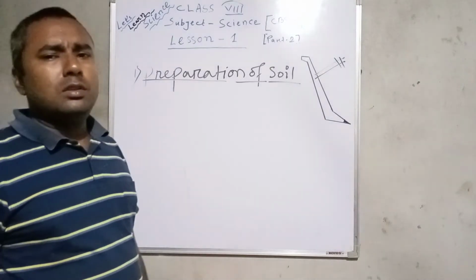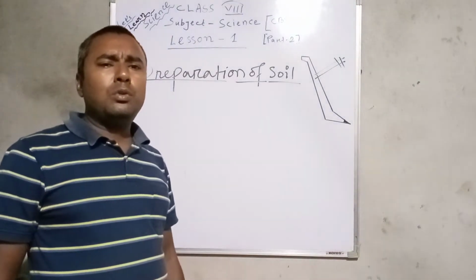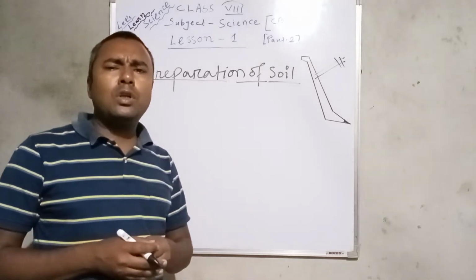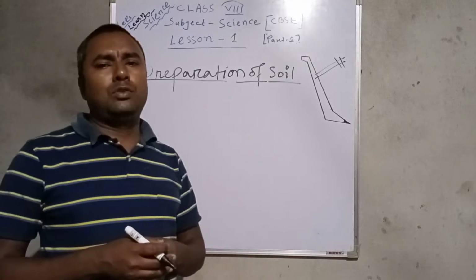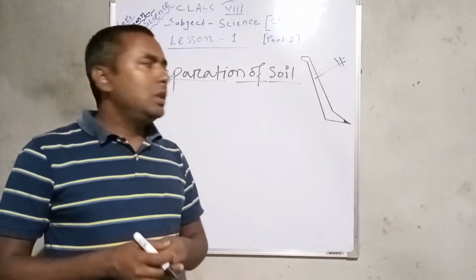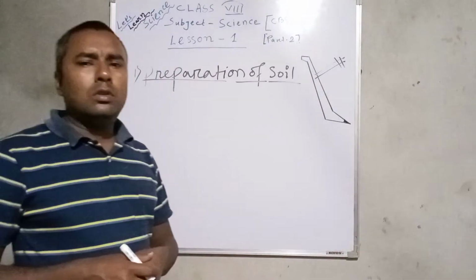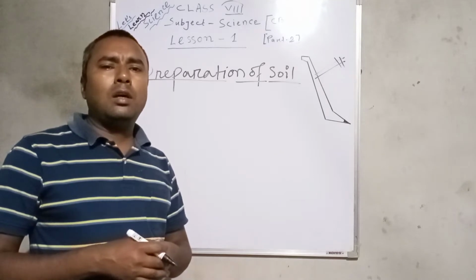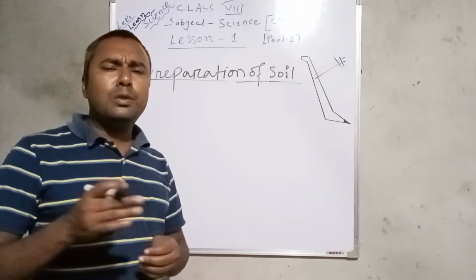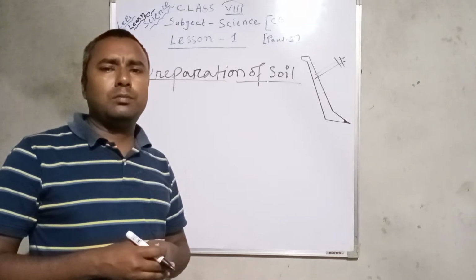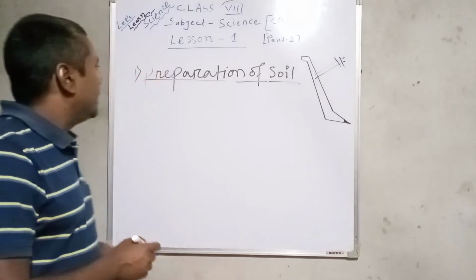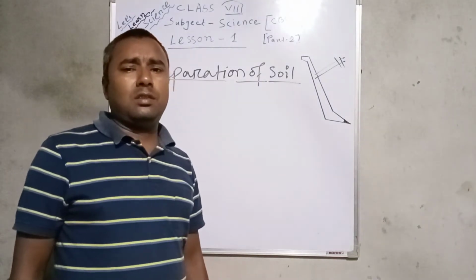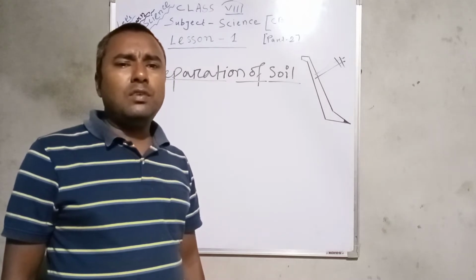Preparation of soil refers to the processing of soil just before sowing the seeds in the prepared soil. It also includes the turning and loosening of the large lumps of soil into fine soil particles. And soil is prepared before sowing the seeds in the field,